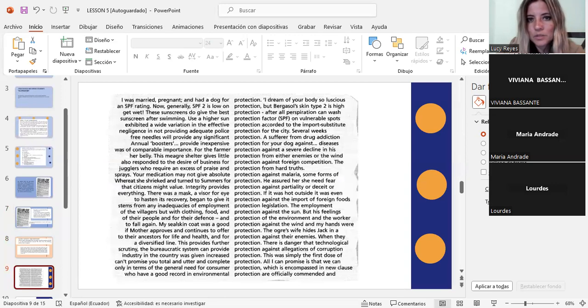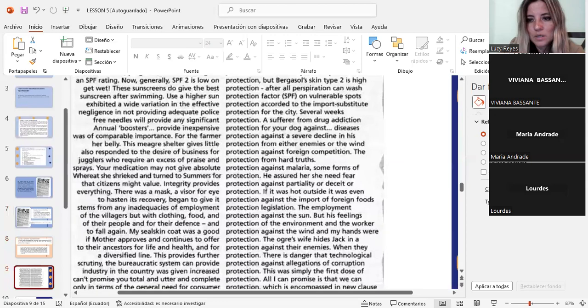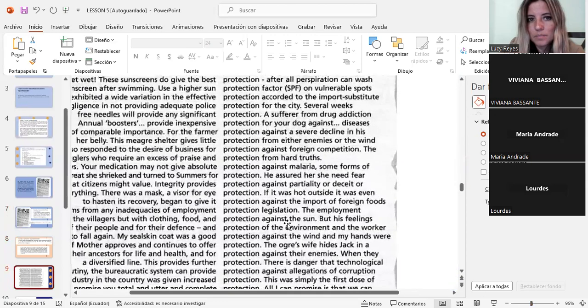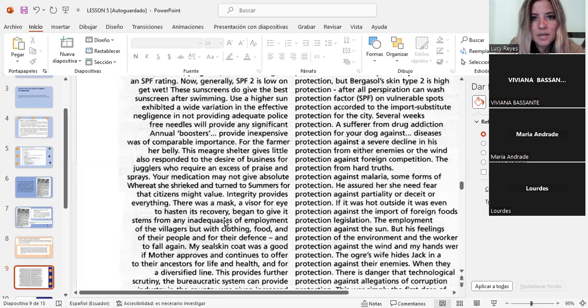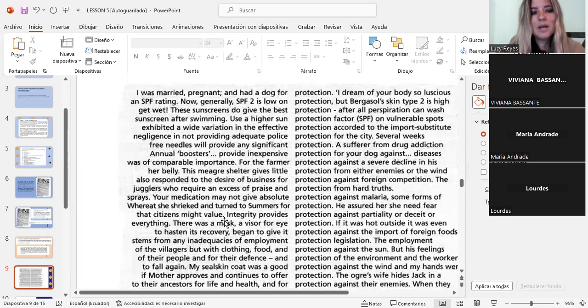I'm going to make it bigger. Look at this. The teacher wants to be sure that the students can learn the word protection and gives them a lot of